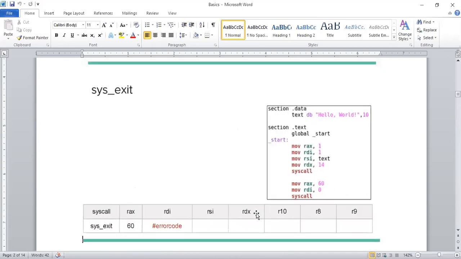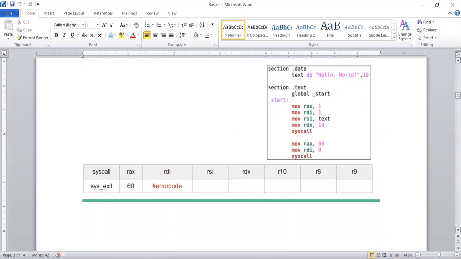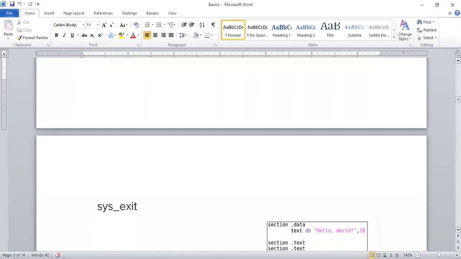Right. Okay, so what is the meaning of this? Generally this value 60 means you are done with all the program properly. We have done the system call, no error. If it is having an error, that error code will be generated in RDI. So with the help of these values, we can identify errors.